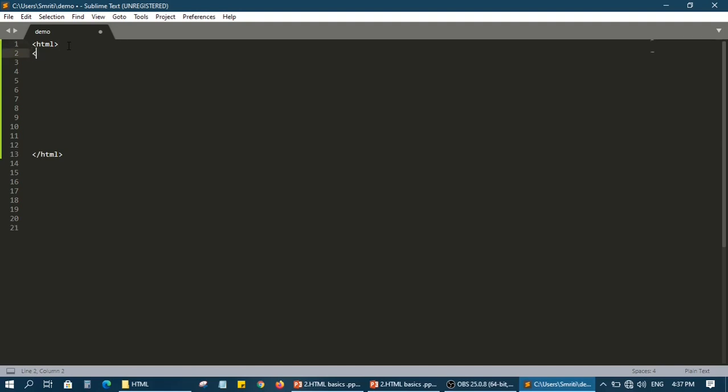The next tag is the body tag. When we have opened the tag, we will also close the tag. In the body tag, you write everything that will appear on the browser, and in this part you write the code which will not appear on the web page, but it has something to do on the browser, and we'll discuss all these things from the next lecture.